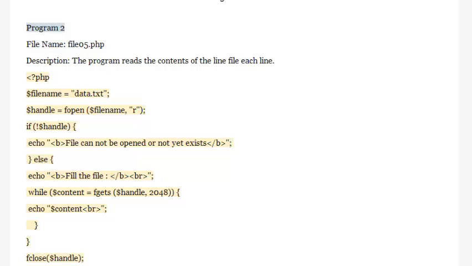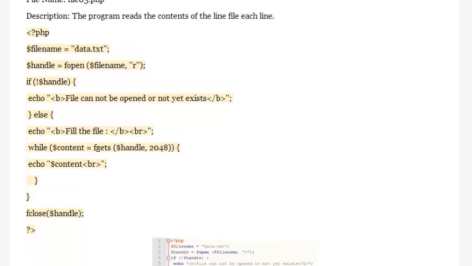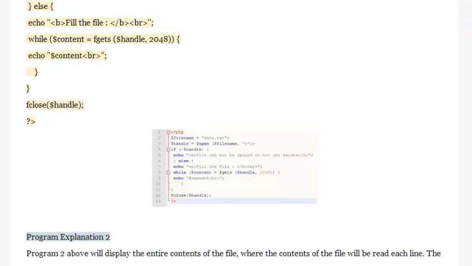<?php $filename = "data.txt"; $handle = fopen($filename, "r"); if (!$handle) echo "<b>File cannot be opened or does not exist</b>"; else { echo "<b>Fill the file</b><br>"; while ($content = fgets($handle, 2048)) { echo $content . "<br>"; } } fclose($handle); ?>